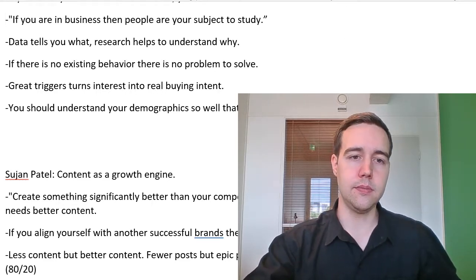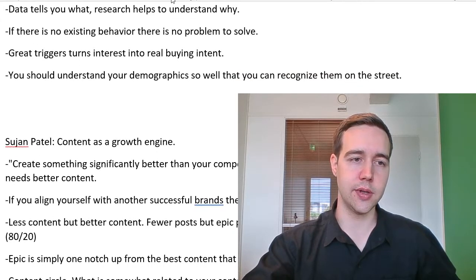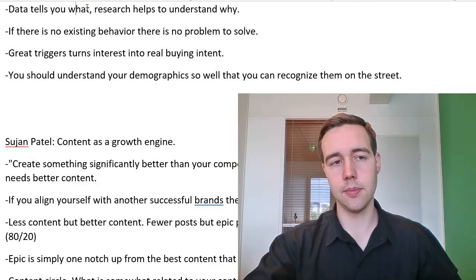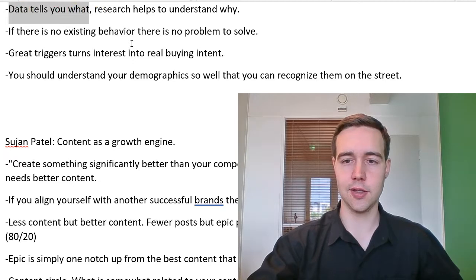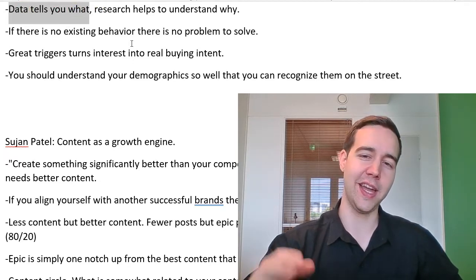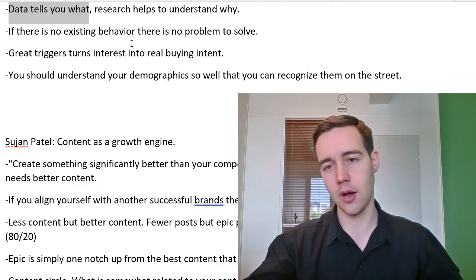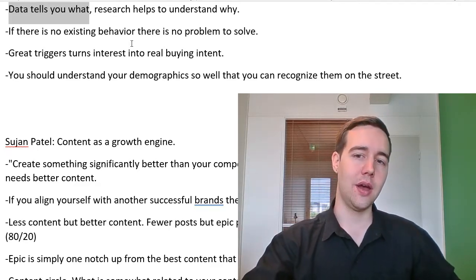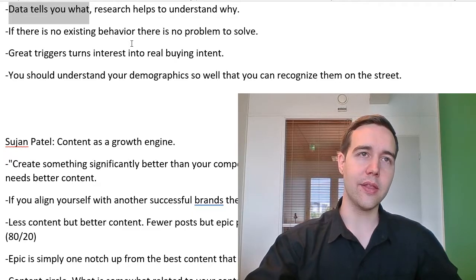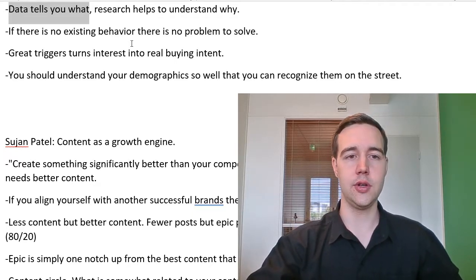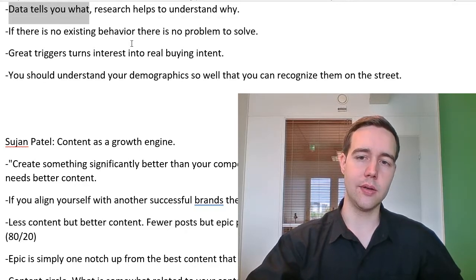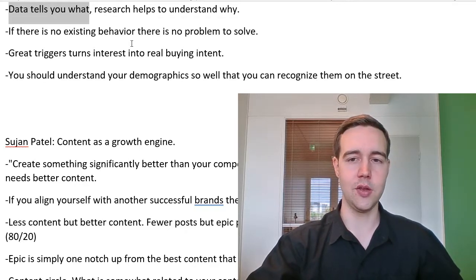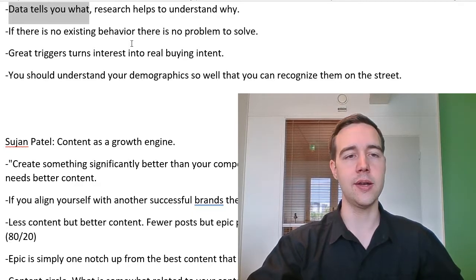And this is why research is important. Data tells you what. You can look at your Google Analytics, or whatever analytics software you're using, and look back at it like, this is what happened. Okay, very nice, that happened. That probably tells you something, but you really need to do deep research to understand why. Something's happening, but data doesn't tell you why. That's where you need the human involvement, and you need the empathy, you need to be willing to understand and listen.